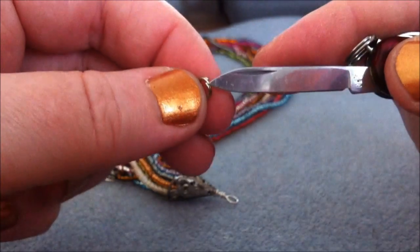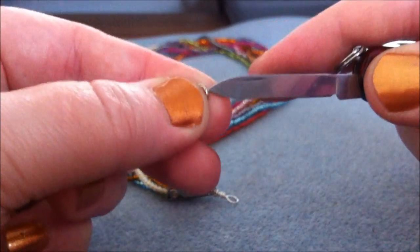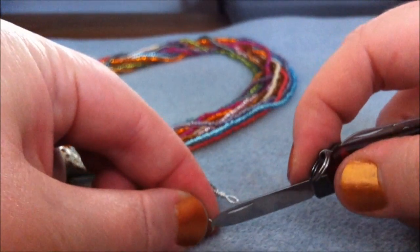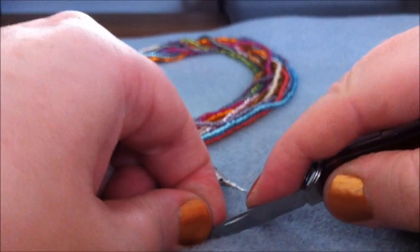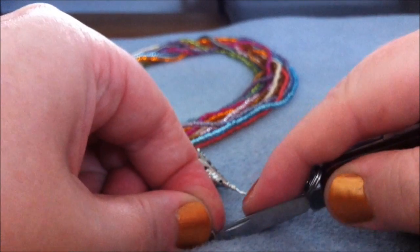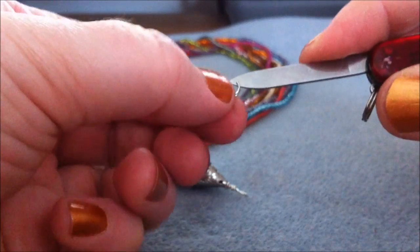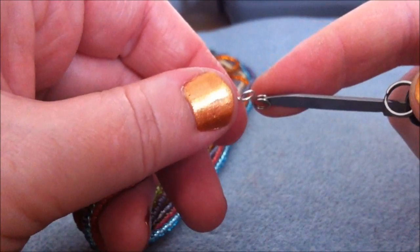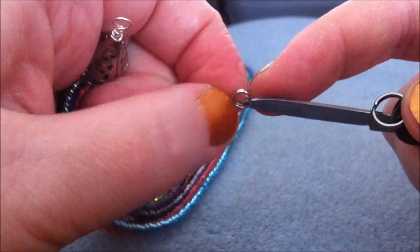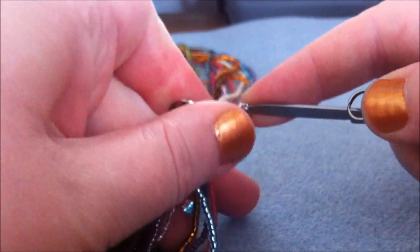So I just insert the blade in between these rings. Sometimes it helps if you put it against something. There we go. So now my blade is in between there. Oop, came right off, but I got it in there again. So then, when you have it open like this, you've got your blade or whatever you're using in there, and then you simply have to slide on